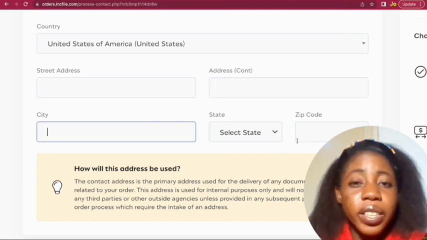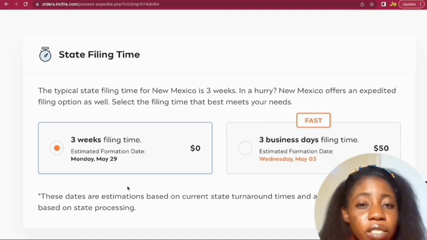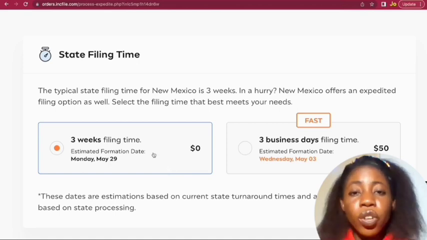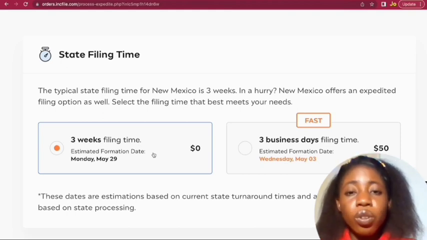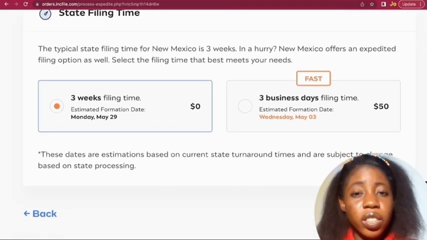And now you will get to the next section, which is the state filing time, and here they are asking you to pay an extra $50 to get your LLC formed in 3 days' time, and you pay $0 and your company will be formed in 3 weeks' time. But go ahead and select $0, which is the 3 weeks filing time, but it's not going to take that long. The LLC is going to form in less than 48 hours or in 3 days. So go ahead and select the $0 option, and then click on next for the next section, which is the